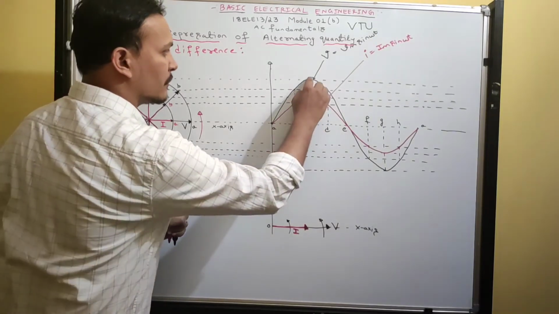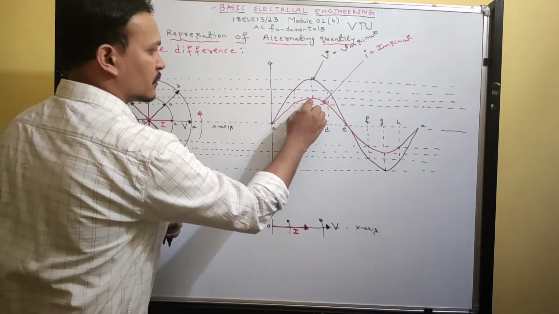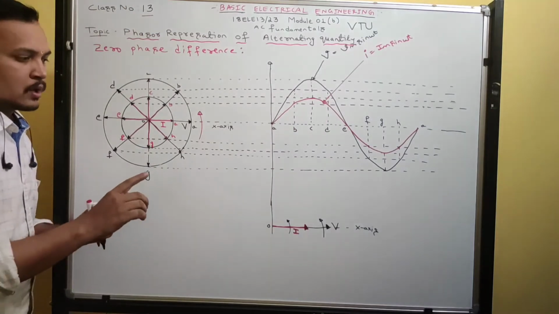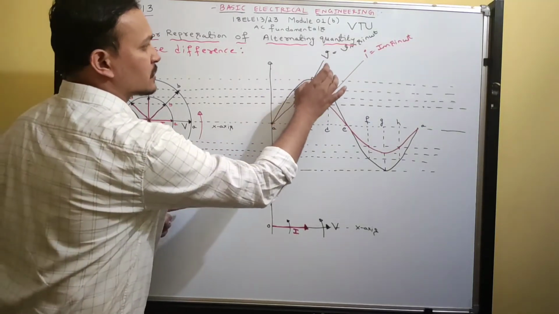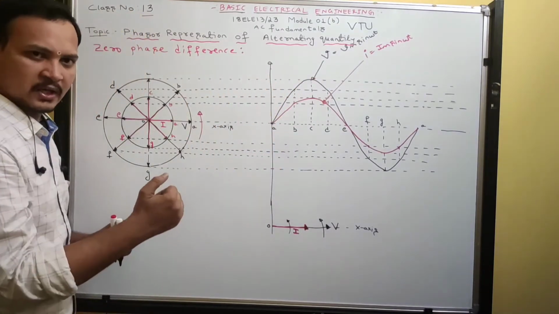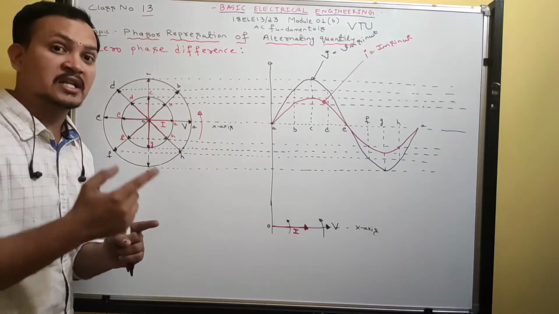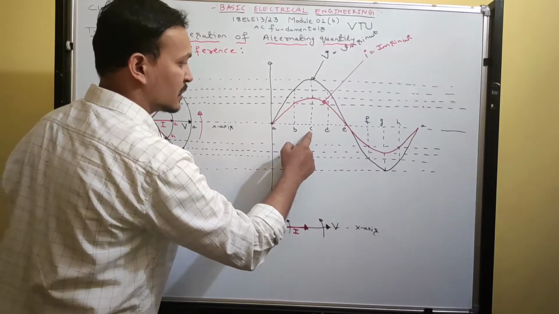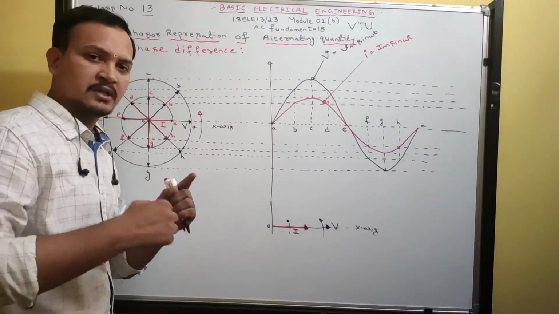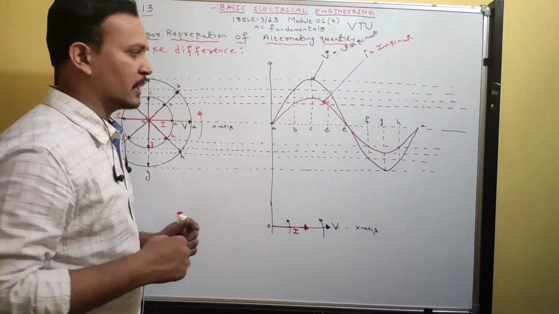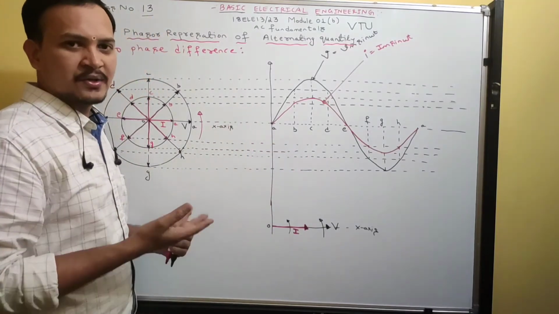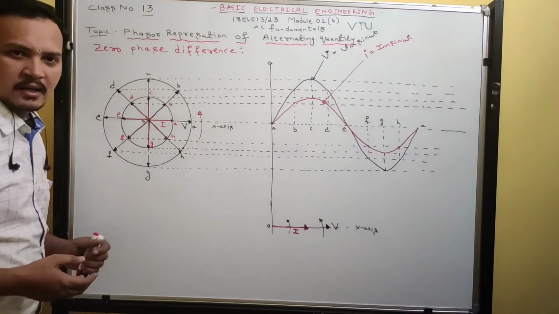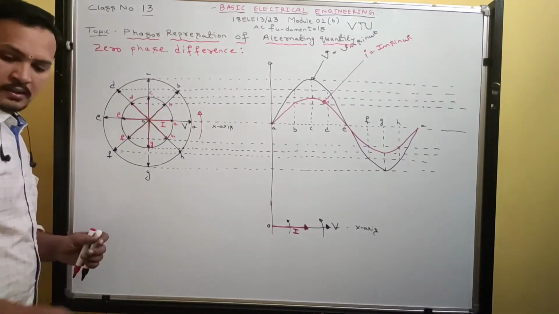But don't worry about the magnitudes. The current magnitude depends on what type of circuit it is. If it is a resistive circuit, voltage divided by resistance, then the current magnitude will be lesser. But the current achieves its maximum at the same instant the voltage achieves its maximum. So we didn't find any phase difference between those two quantities, hence zero phase difference. Next one is